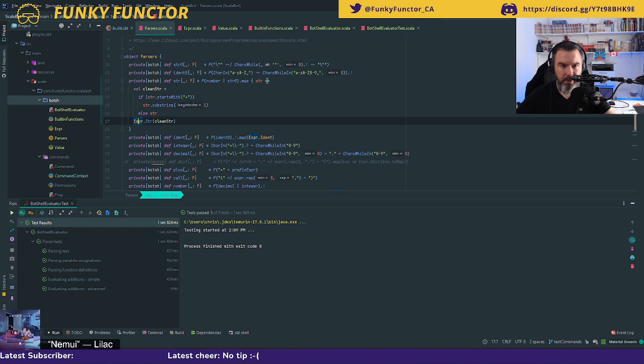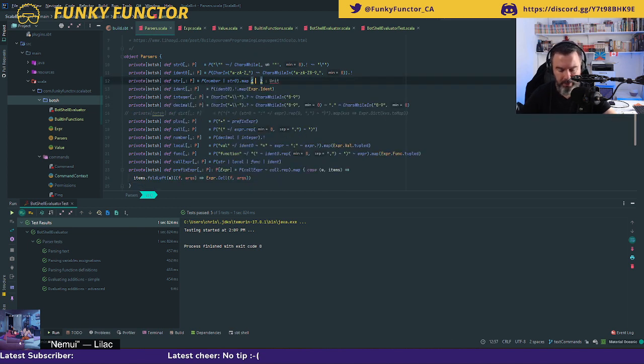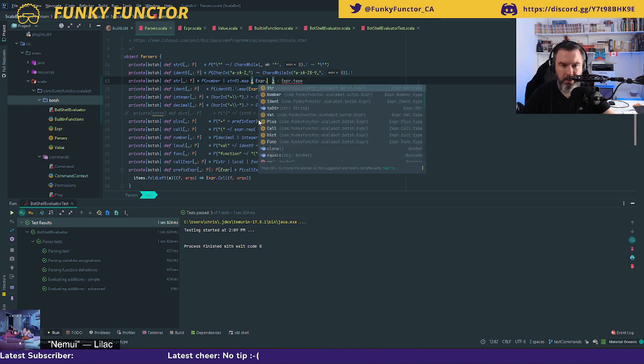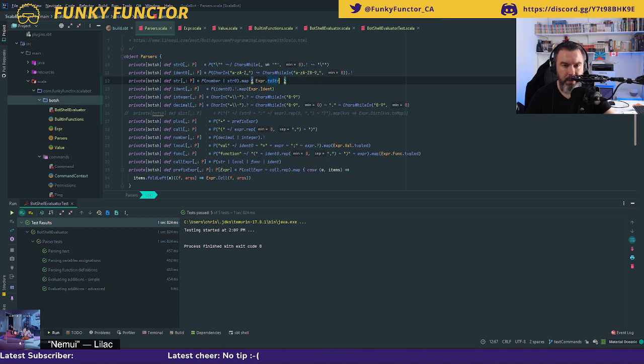In my parser, whenever I get this, I'm going to call Expression.toStr, like this. So what I'm saying is, if you find a number or a string, pass it to toStr, which is going to clean it up. In our case, it's going to just remove the first plus sign that we have.